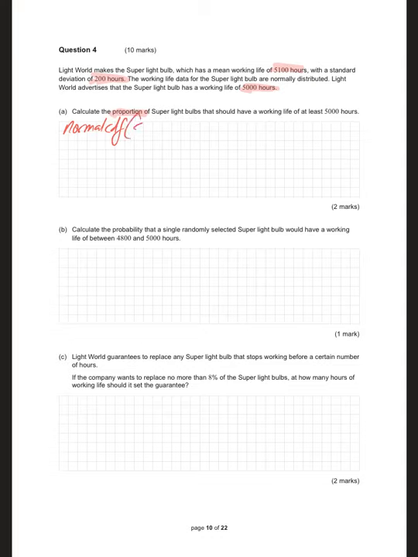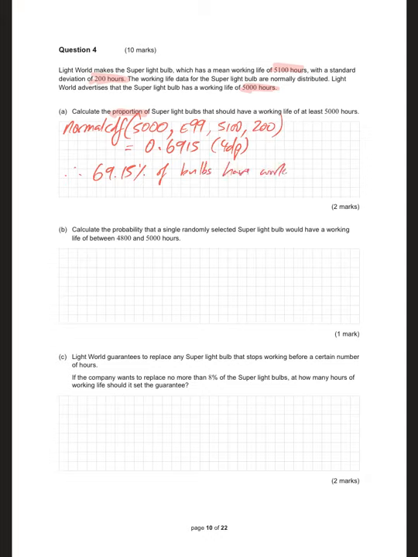of at least. So I'm interested in the proportion of everything greater than 5,000. So the upper limit is E99. The mean is 5100. The standard deviation is 200. Normal CDF. So I've got an old calculator, so I can't set the tail. Sorry, that's for inverse normal. That doesn't apply to this. So I'm just putting in normal CDF as it stands. I'm getting delirious now. E99, 5100, 200. 0.6915 to 4 decimal points. Therefore, 69.15% of bulbs have a working life of at least 5,000